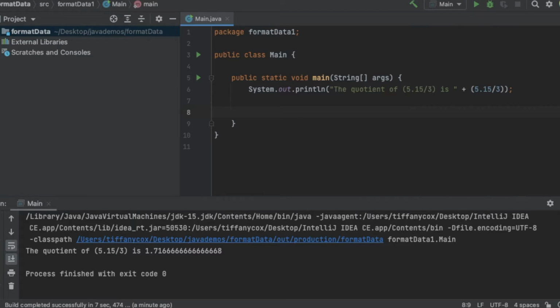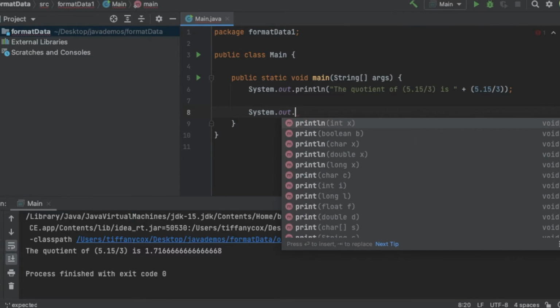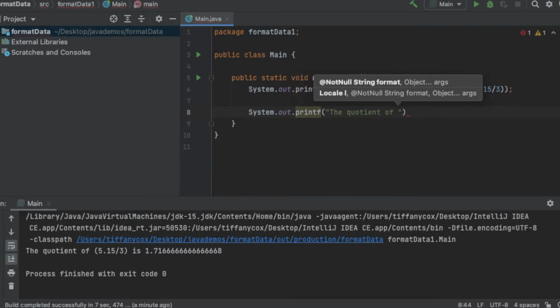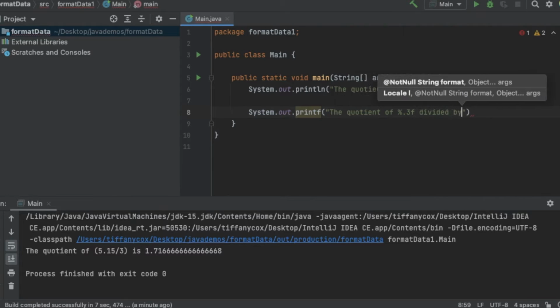To explain more, the printf method gives us the ability to control how our output is displayed. Let me show you what I mean. I'm going to type system.out.printf. Inside the parentheses, I'm going to type a string: "The quotient of %.3f divided by %d is %.2f." And I'm going to move outside of that string. I'm going to use a comma and type